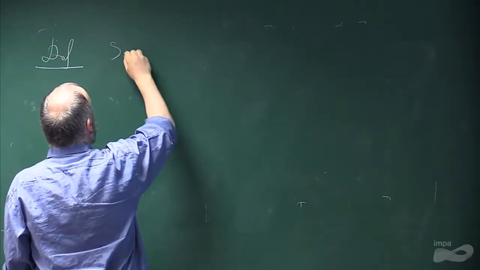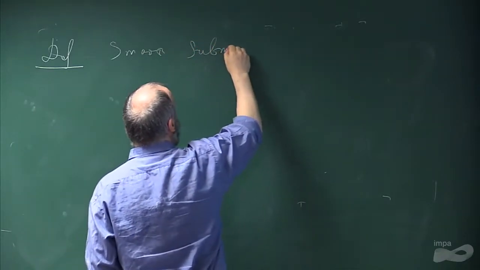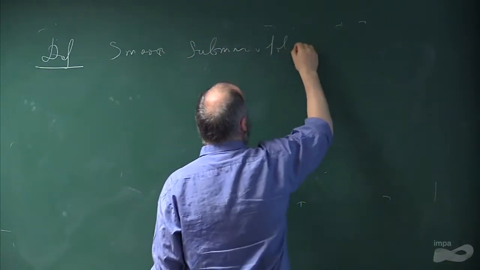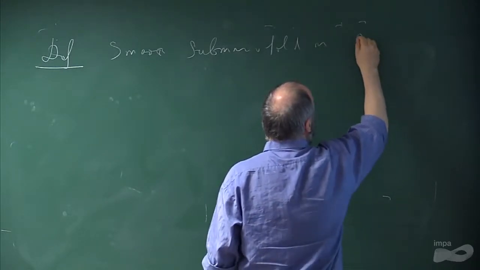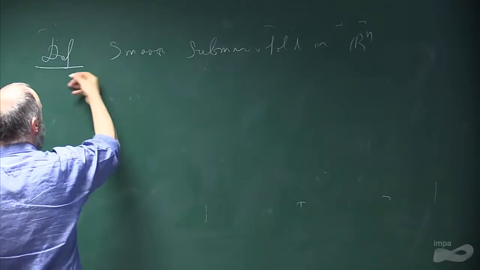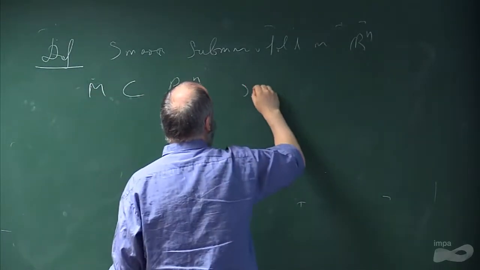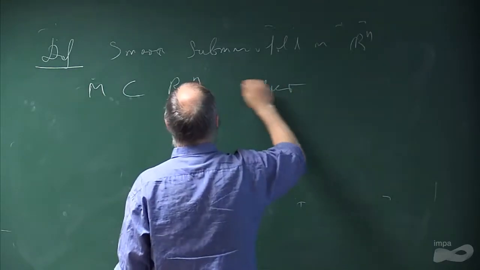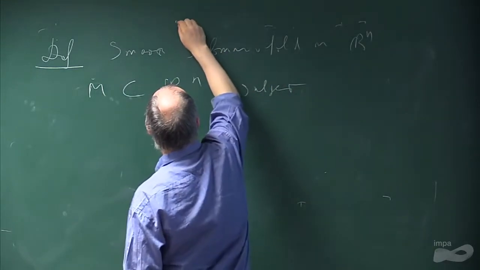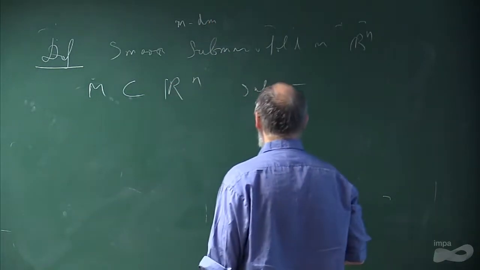So a smooth submanifold M in Rn is a subset, smooth m-dimensional, you have to fix the dimension, is a subset